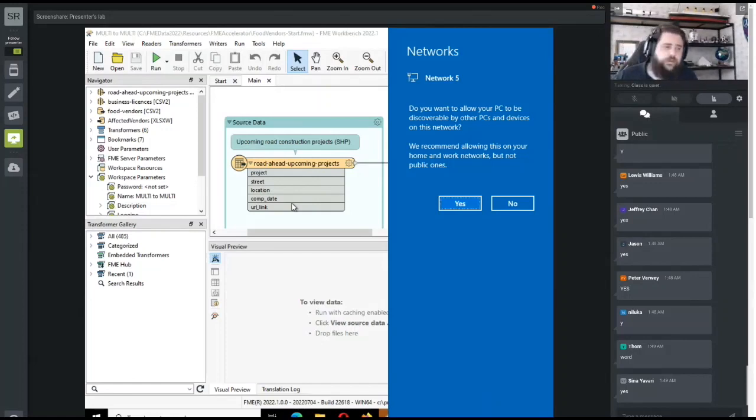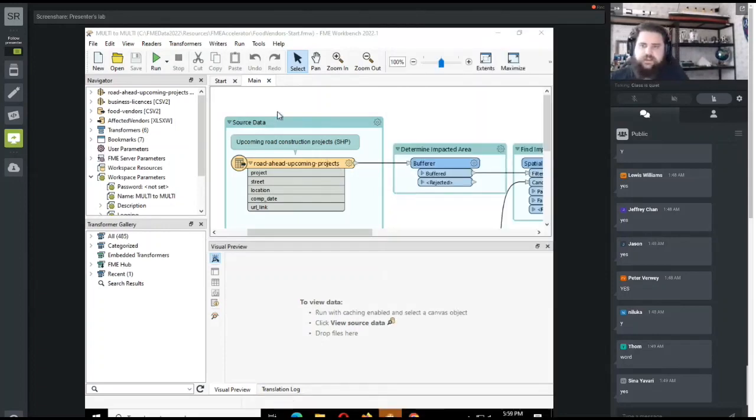So when you're in your lab, it will look something like this. The very first thing I need to note is that for that notification on the right-hand side around the networks, you can just click yes. It doesn't matter at all. You can just get rid of that. And so this is what you'll be looking at, your FME